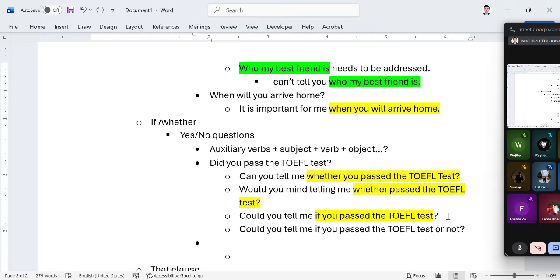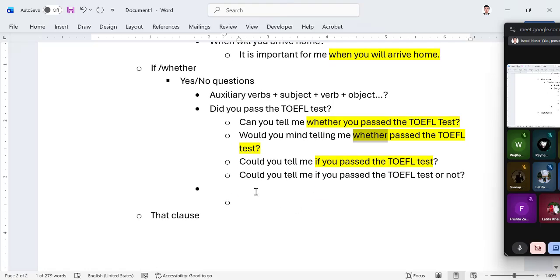In formal writing, most writers prefer to use whether instead of if in noun clauses. Whether is more formal than using if. It is academically used in writings, especially. Similarly, if you have a question,